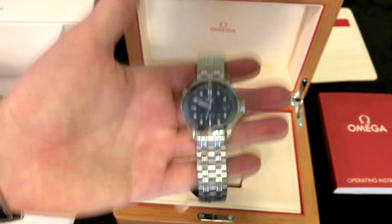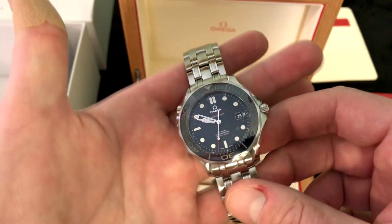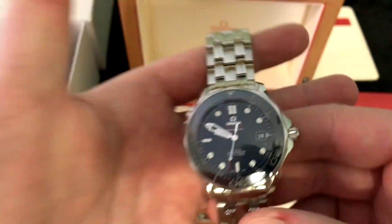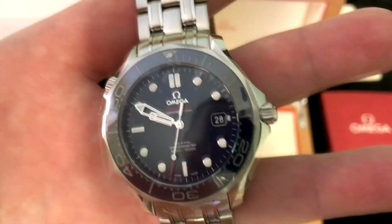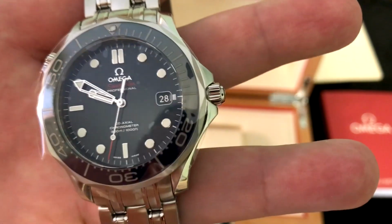And really the dial is really nice. It's very fine. They're no longer making the wave dial that they used to make. This is just the flat blue, and it's pretty nice. The sticks and the dots are nice and raised up. They stand out. The hands, they have a nice